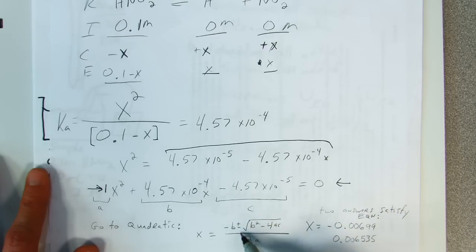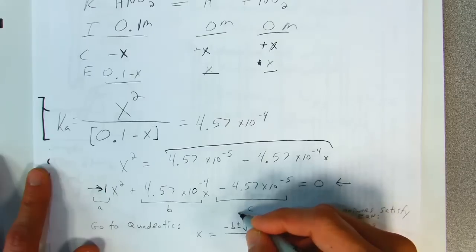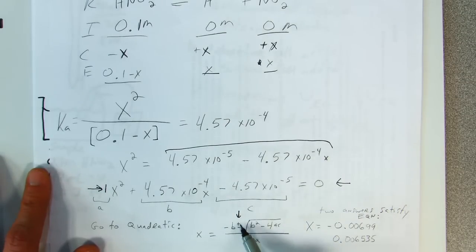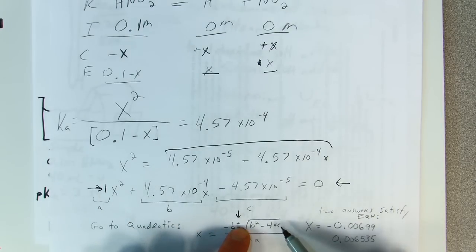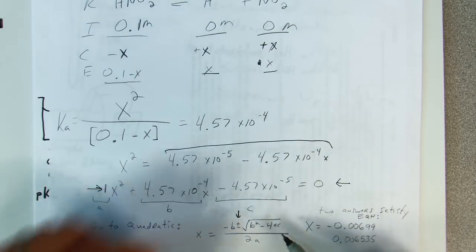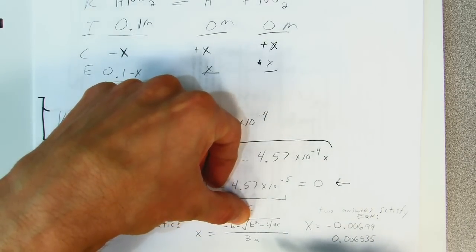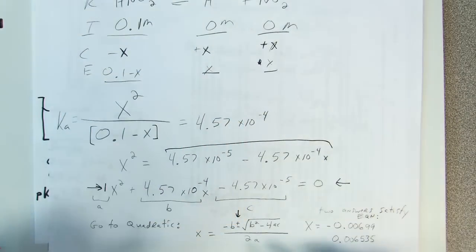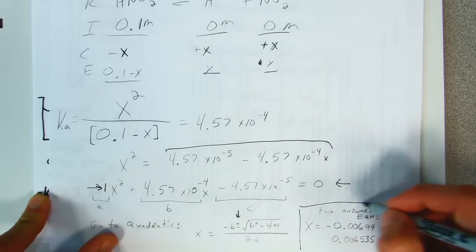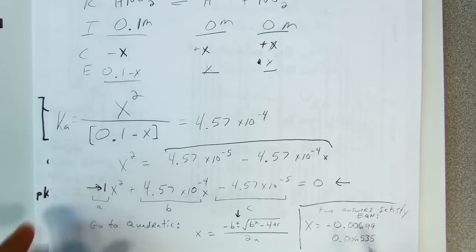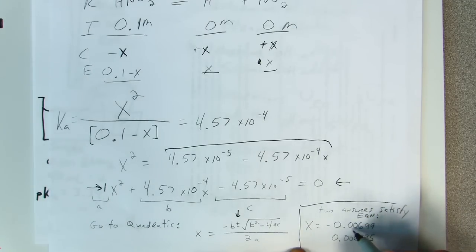And of course, because the quadratic equation gives us two roots or two answers, the positive root and the negative root, and you can see that right here, because you see plus or minus, right? You would solve once using the plus sign, and that would give you one answer. You would then solve the second time using only the minus sign, and that would give you a second answer. Now if you do that for this equation, the two answers which satisfy the equation are negative 0.00699 and positive